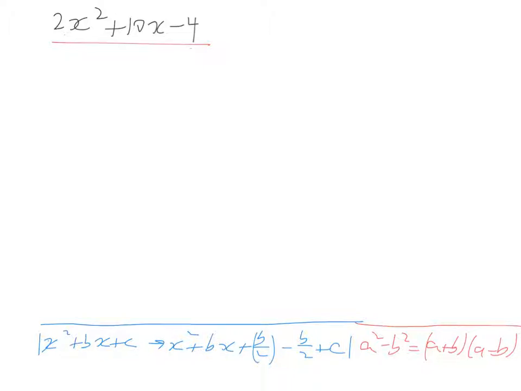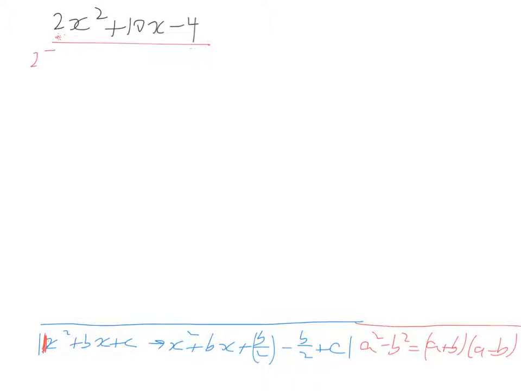We want to factorise this by completing the square, but to use completing the square, the coefficient of x squared has got to be 1. We can see clearly that the coefficient of x squared is not 1, it is in fact 2. So whatever you've got here, you've got to take that out as a common factor. So here we're going to take this 2 out as a common factor, and we're going to rewrite this as